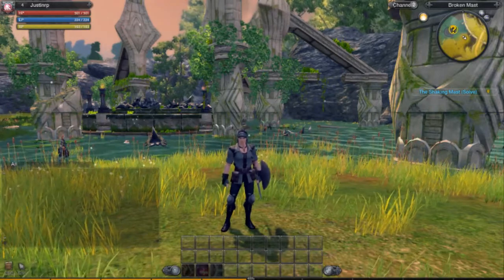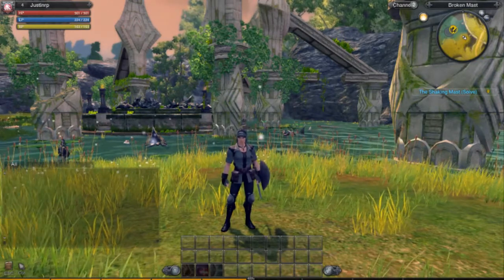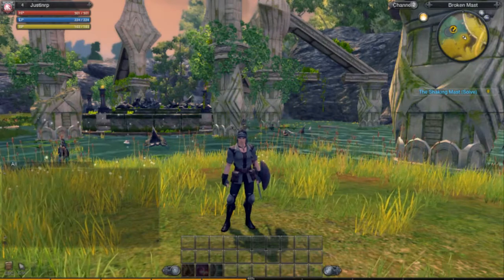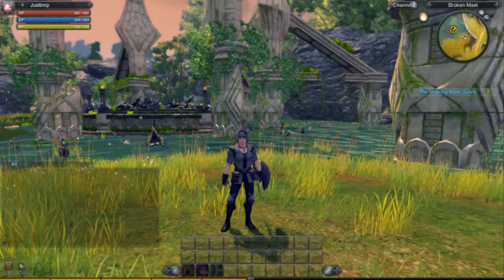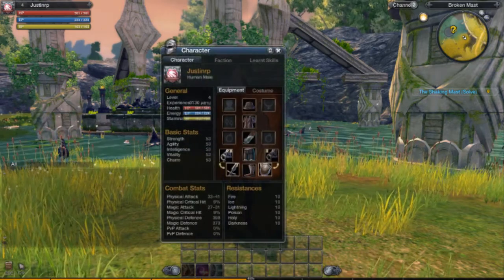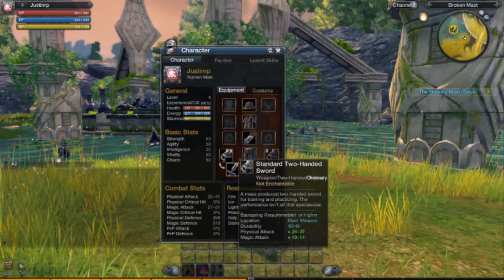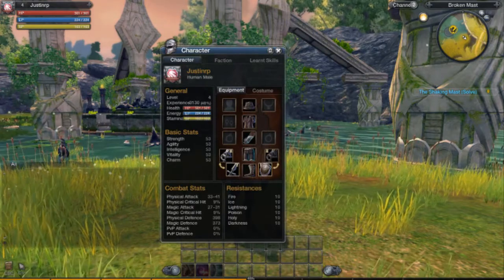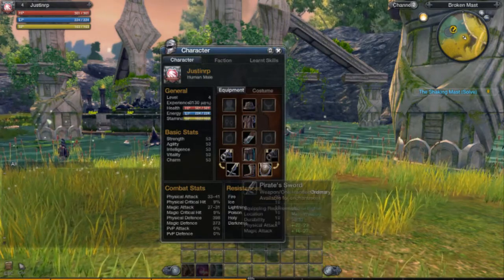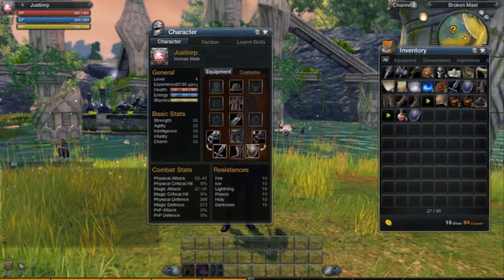But the 3 points that we have to quickly get to is first that you have a main and a sub weapon. And by sub, I don't mean like, oh, you have a sword and then a shield. No, I mean you have a main, number one, and a sub, number two, weapon that you can switch between at any time. So pretty much you push H, which is the default to open your character, and you see this